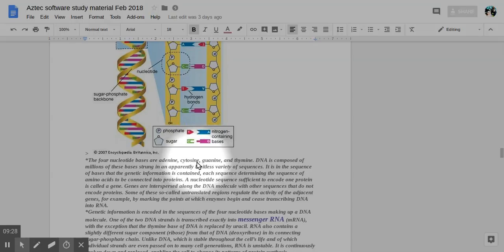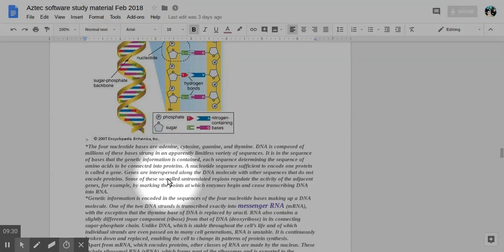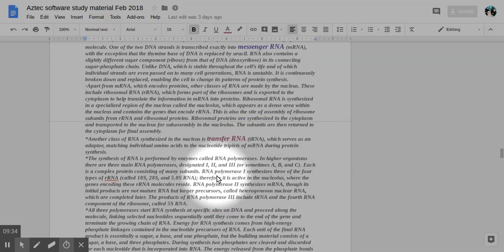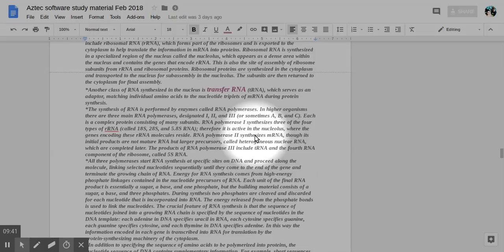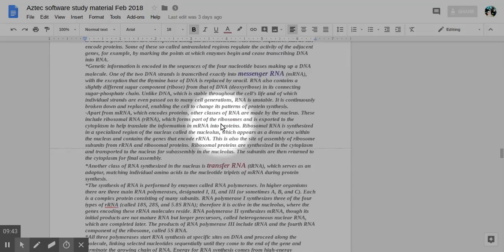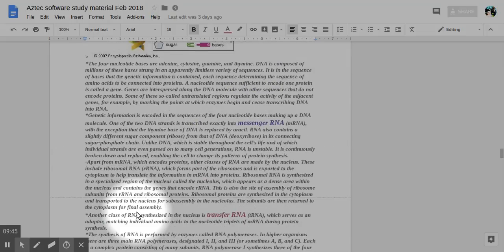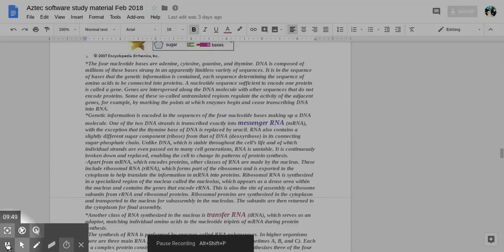Unlike DNA, which is stable throughout the cell's life, and of which individual strands are passed to cell generations, the RNA is unstable and temporary. We'll continue with this in the next